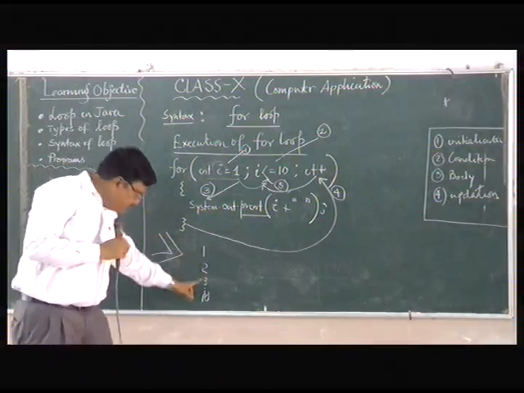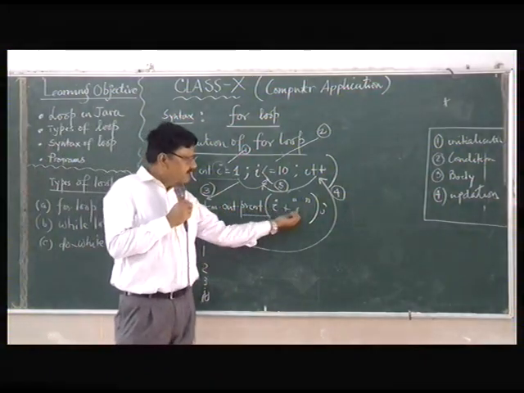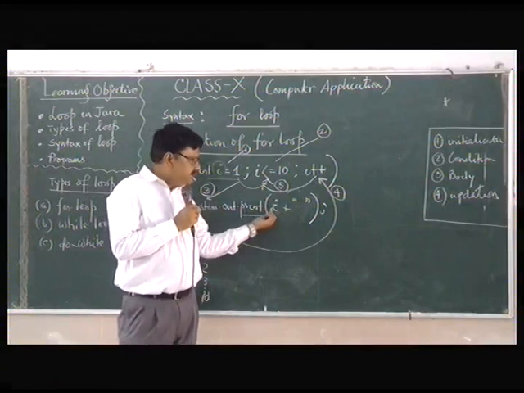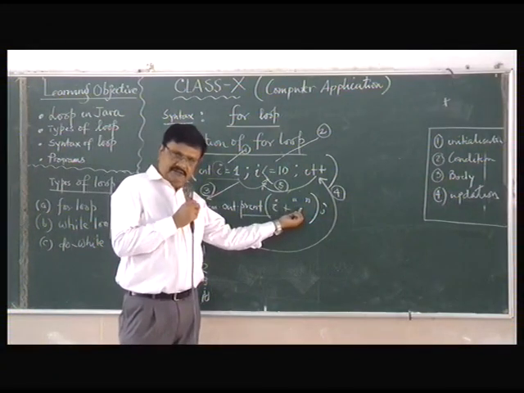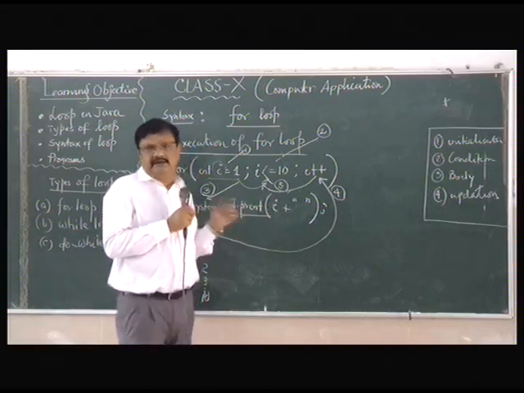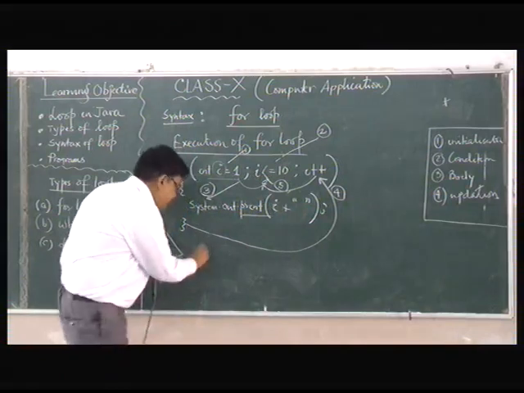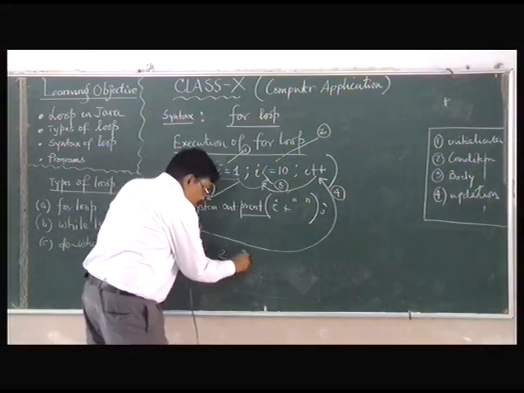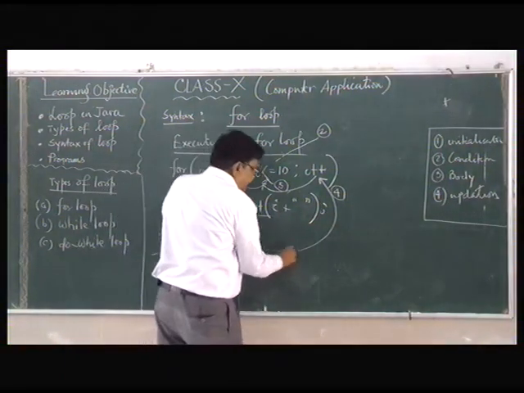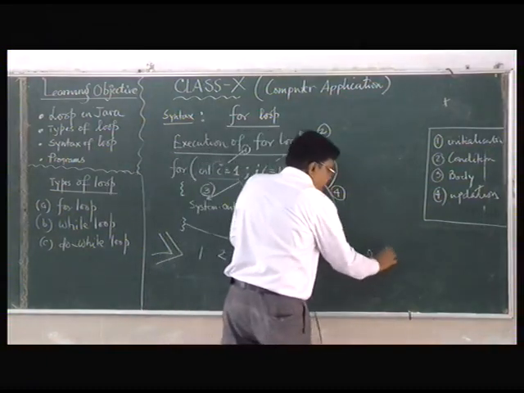Now they will not be printed like this. Since it is a print statement, and I have given a space, it will be printed, then there will be a space. Then again they will be printed. The next line printing will not be there. So this will be printed like this: 1, 2, 3, 4, 5, 6, 7, 8, 9 and 10.